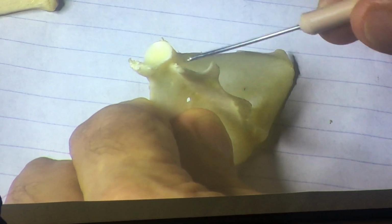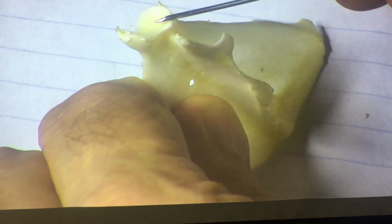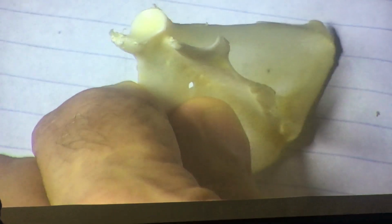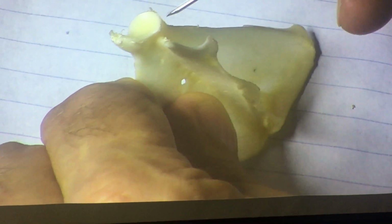And there's a projection right here, which I won't worry about for the practical, but it's going to come up in the muscles later on. This projection's below the glenoid, so it's called the infraglenoid, and it's a rounded elevation. Rounded elevations are called tubercles, right, like a pimple on the bone. So this is the infraglenoid tubercle. All right, why do we care about that? If you look at a bodybuilder with well-defined